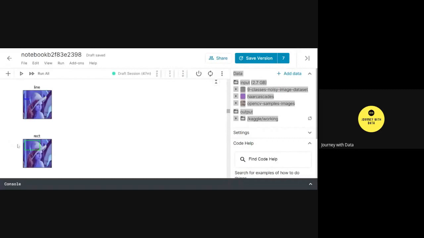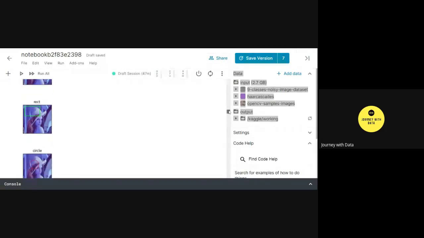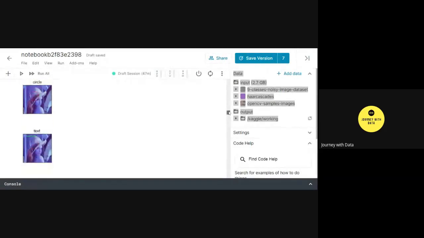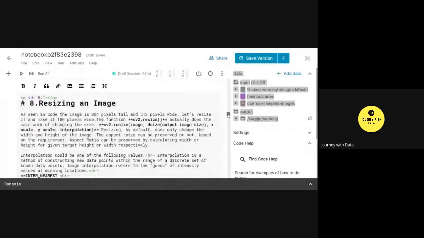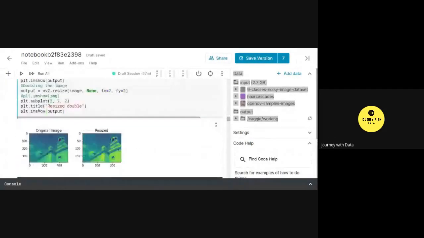And if you notice, a rectangle has been drawn. Similarly, a circle and a text, which is a sample text. Now, these were the basic methods.